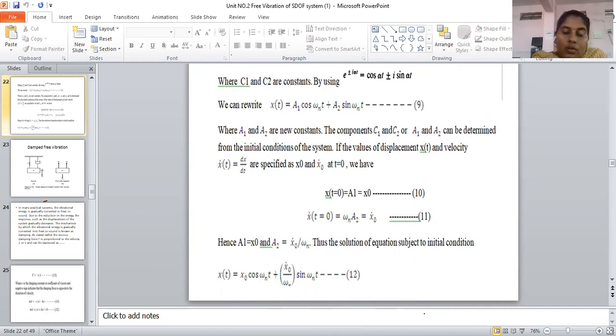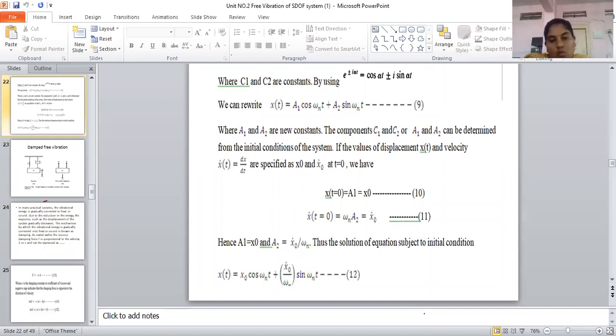Okay, so write down this next step: putting in the quadratic formula, that is minus b plus or minus root of b squared minus 4ac upon 2a. So we'll get the values of s1 and s2. If we get this s1 and s2, we have to go for the combined equation.